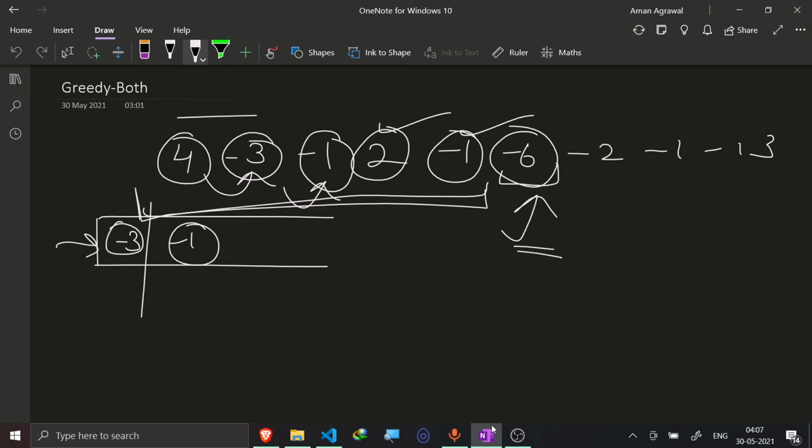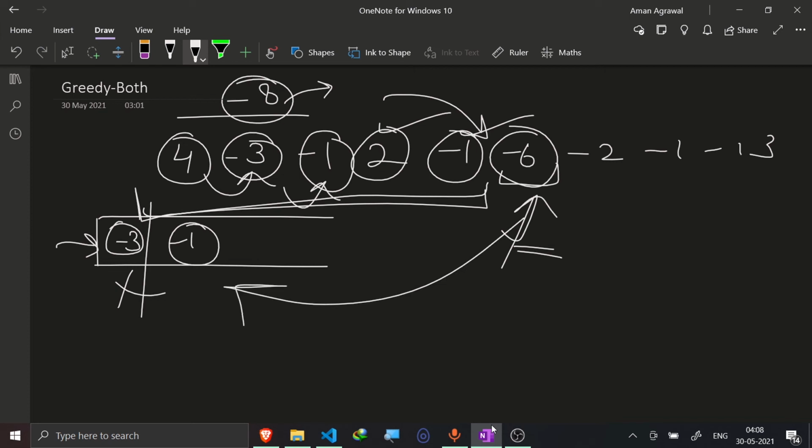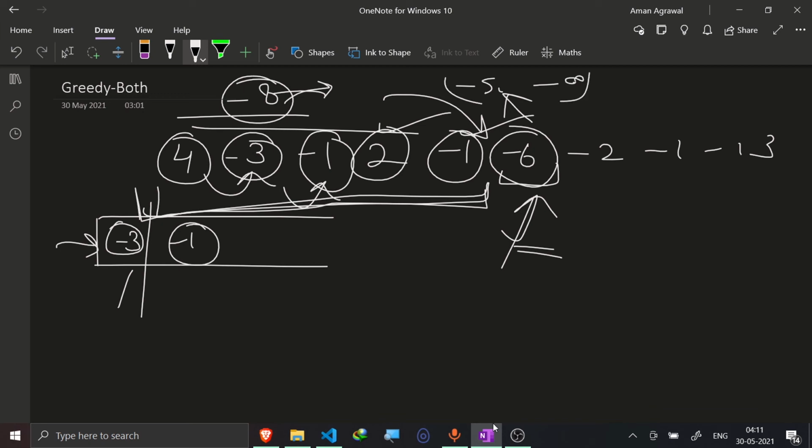And if there is some element which has a lesser value, suppose I had -8 here, if I free up this -8 space I could definitely take this -6. So I would now check only whether there is any element which is smaller than this element, then I could remove that and add this. Now, if I have come to this -6, then there are only two possibilities. All the elements which are present before this -6 are either greater than this, that is from -5 upwards, or they are less than it.